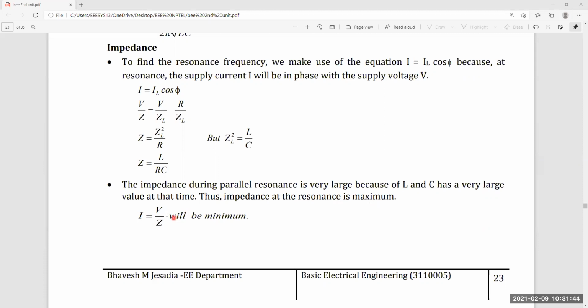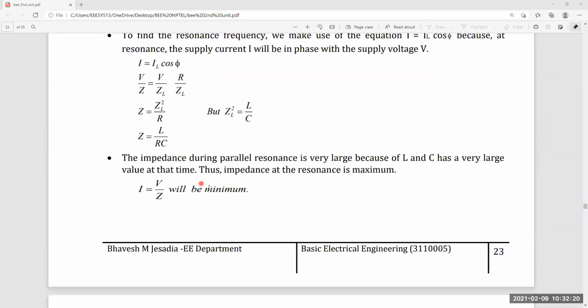But impedance is maximum in a parallel RLC circuit because the capacitor value is very, very high, that means microfarads, picofarads. That's why impedance will become very high. Current I is equal to V by Z. The denominator Z is maximum, so current I is minimum. But Z is minimum in a series RLC circuit under resonance, only R, so the current I is maximum in series RLC. But here it is minimum because Z is very, very high. Okay, this is the impedance.